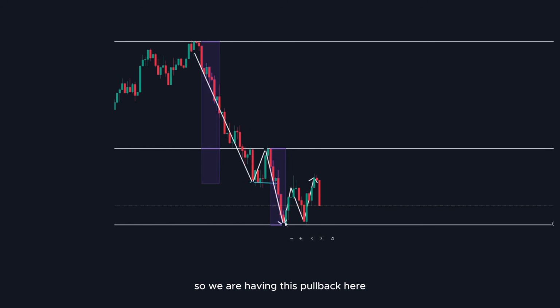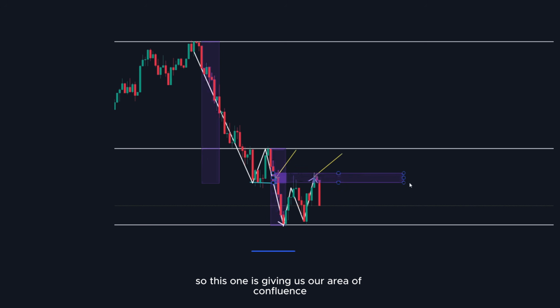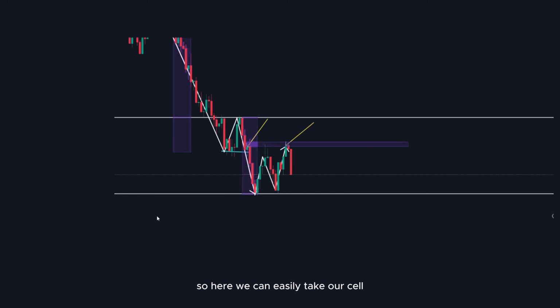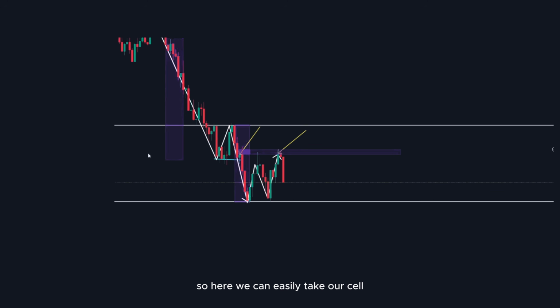So we're having this pullback here, retesting previous zones of resistance, which is here, and then we are having a retest at this zone here. So this one is giving us our area of confluence. So this is where our entries are coming from. So here we can easily take our sell